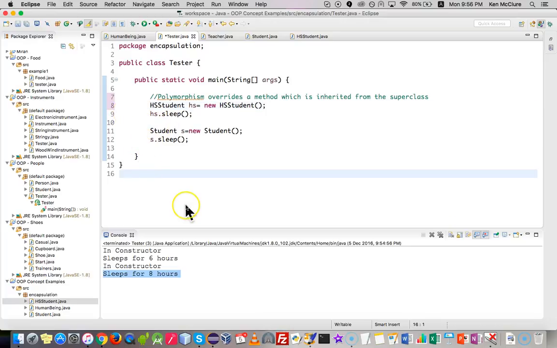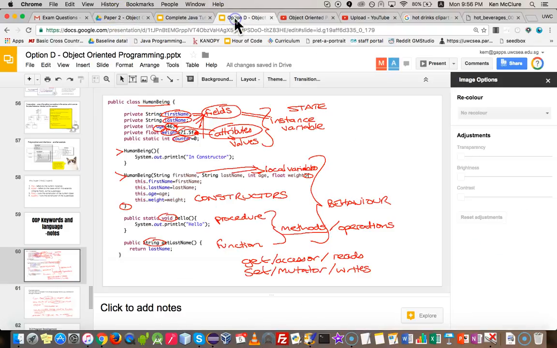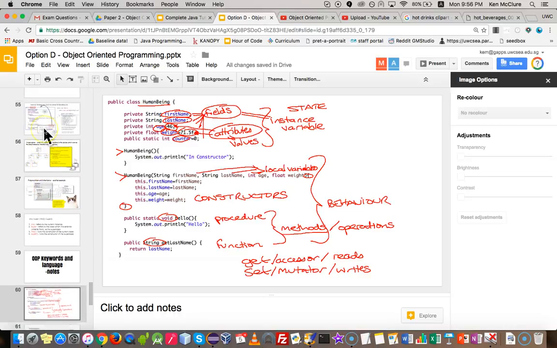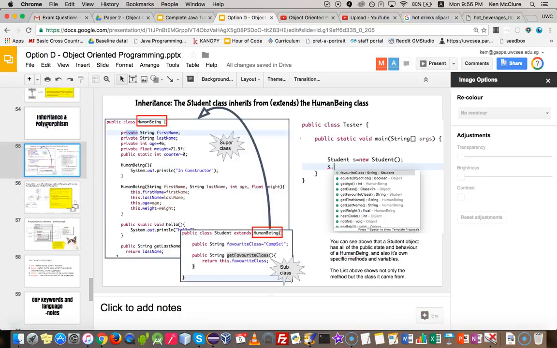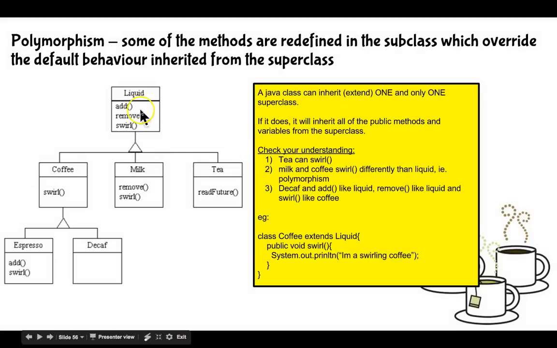Okay, hope that's clear, but please have a look at our option D presentation, where I explain what inheritance and polymorphism are, using exactly the same example I've just done with you on screen, where a student extends a human being. And you can see in the tester class that it does actually inherit all of the things that human being had. And polymorphism, in this example, we have a liquid, and coffee, milk, and tea all inherit from that liquid,